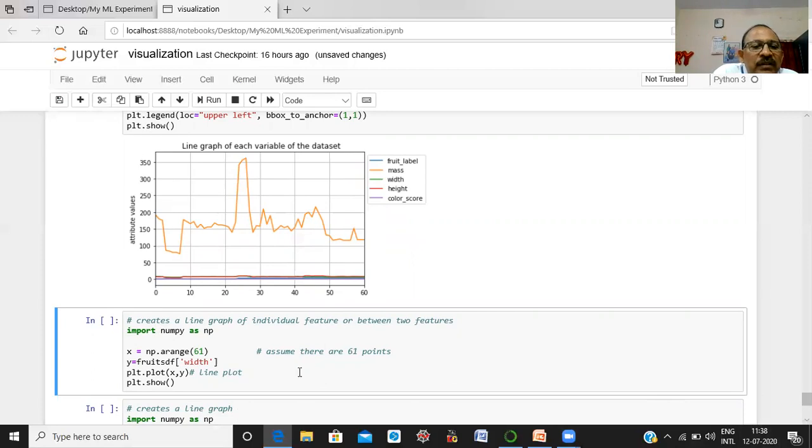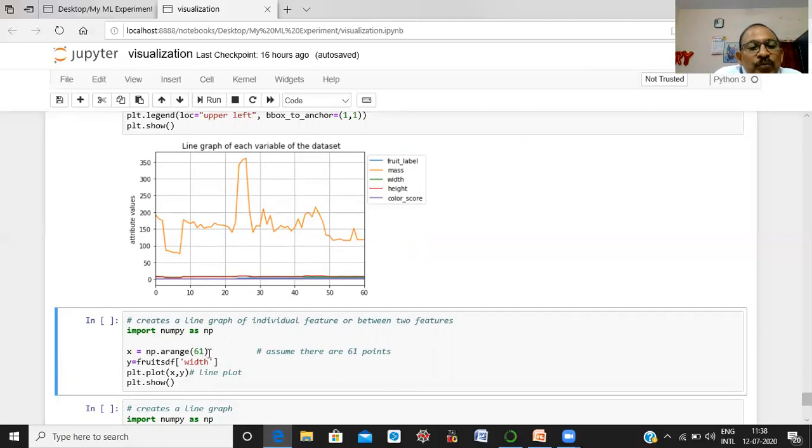For individual variables, here I am importing NumPy, a library. And here we make a one-dimensional array of 61 values, because your data set has 61 records. So we are going to draw a graph for the width, and the function plot x and y.